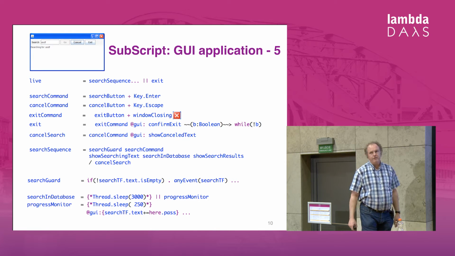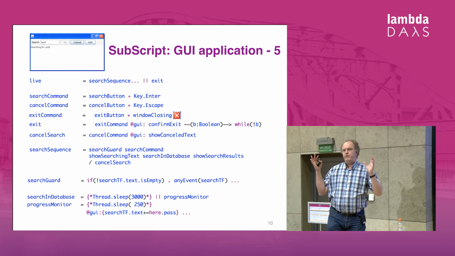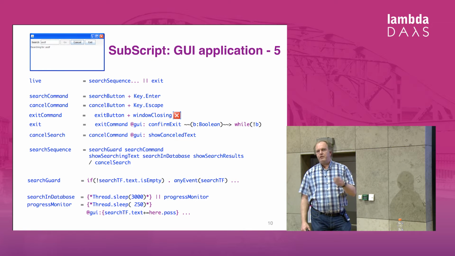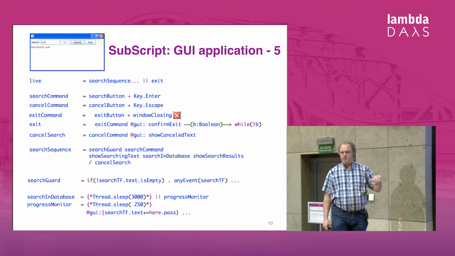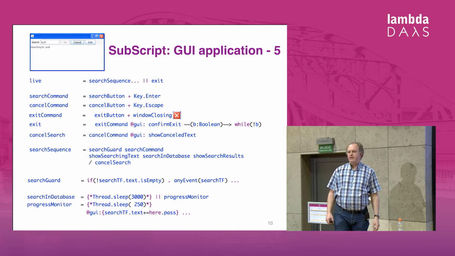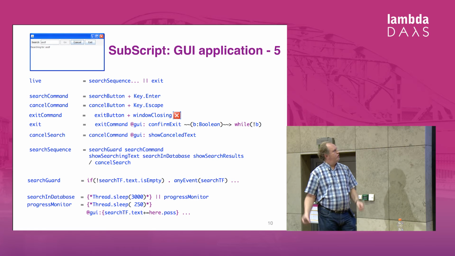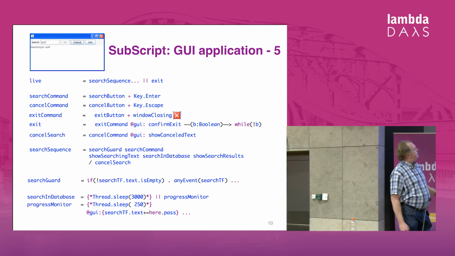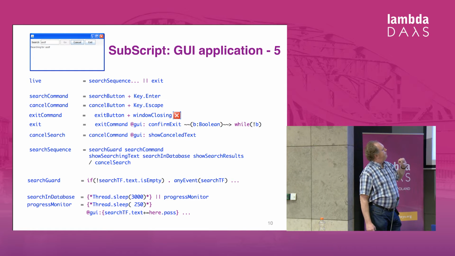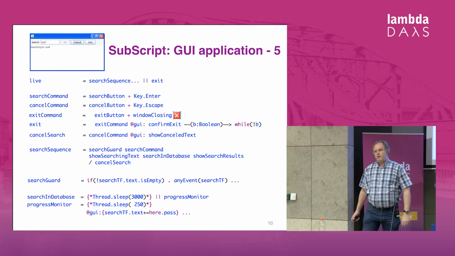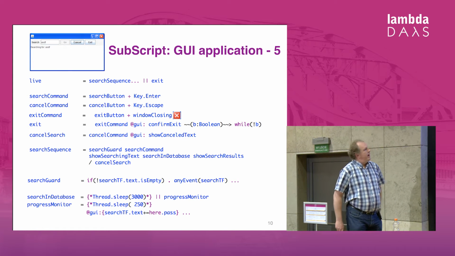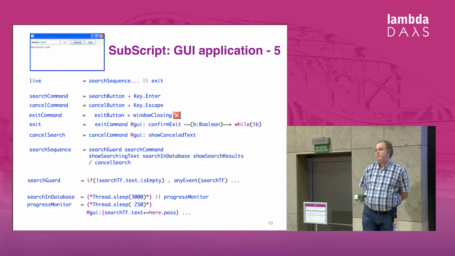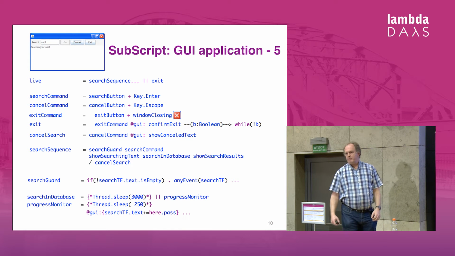And now exiting, what does exiting do? So you start with an exit command, then you get this "Are you sure?" dialog, and if you're sure, then it's done. But if you're not sure, you must press the exit button again, and you get the dialog again. So it's a kind of eternal loop. It's modeled this way. So we have a sequence of an exit command. Then in the GUI thread, we run this confirmation dialog. And then with a kind of dataflow construct, the result of the confirm exit is fed into the while predicate.